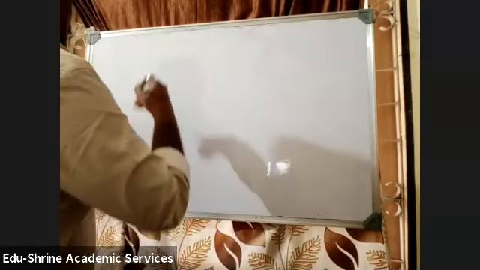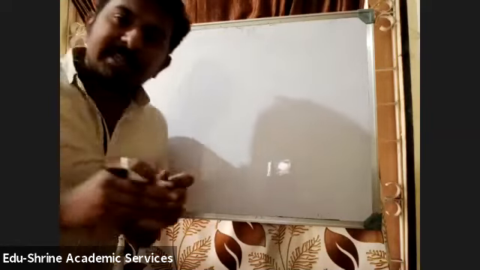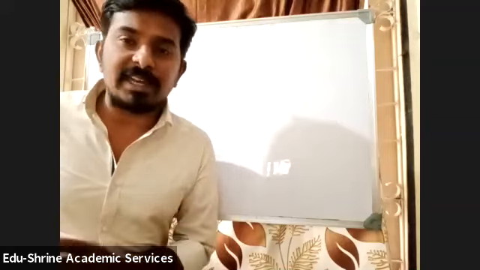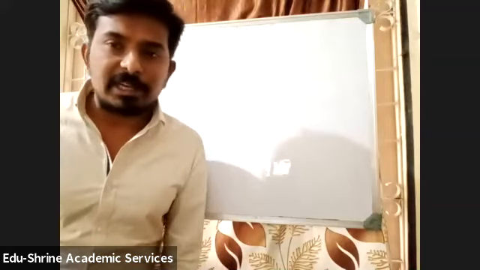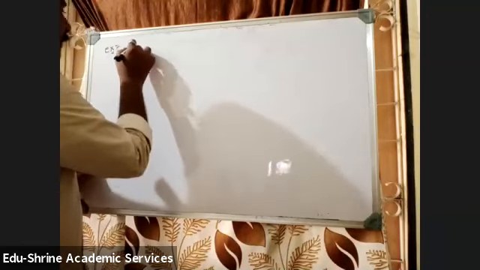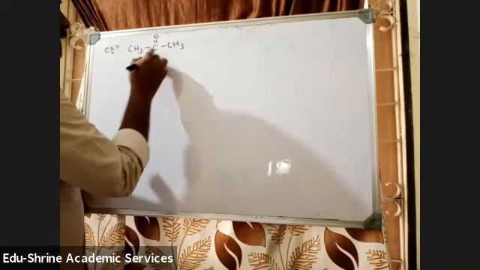Now let us see one more example. Suppose, in exam, either they will ask acetaldehyde or they will ask acetone. If it is a theory exam, only two: one aldehyde and one ketone. That's it. So either the previous one they will ask or this compound they will ask. This is acetone.